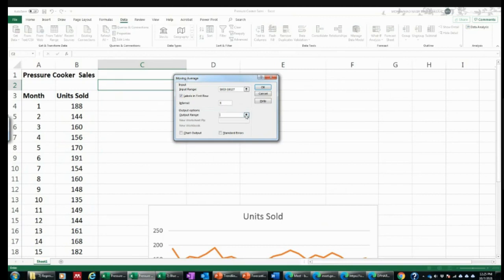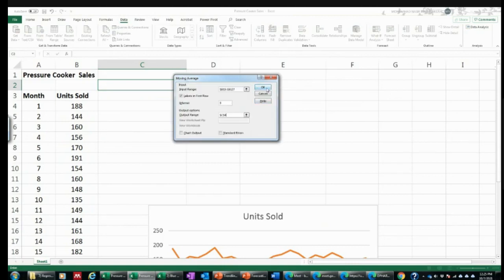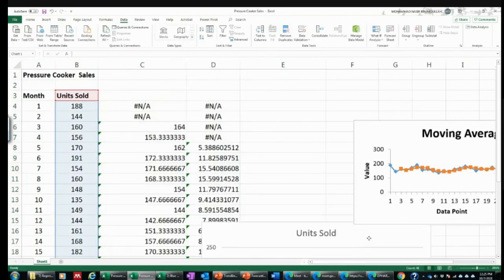For output range, kita letak kat sini, letak kat sebelah ni lah. Sebelah unit sold, dekat 188. So kita akan dapat, kalau kita nak chart output pun boleh, standard error pun boleh, right? Tekan dua-dua and click OK. Now, kita nampak dekat sini,